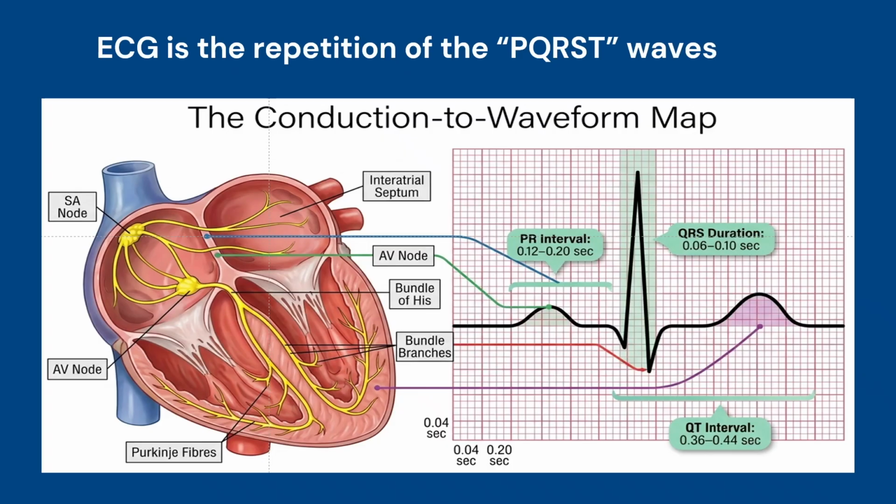So now we know that the ECG is formed of PQRST waves, and the ECG is actually the repetition of the PQRST waves. So all the ECG is just a repetition, but looking from different angles, as we will see later. The P wave is atrial depolarization, QRS is ventricular depolarization, the T wave is ventricular repolarization, and we have something called the PR interval,